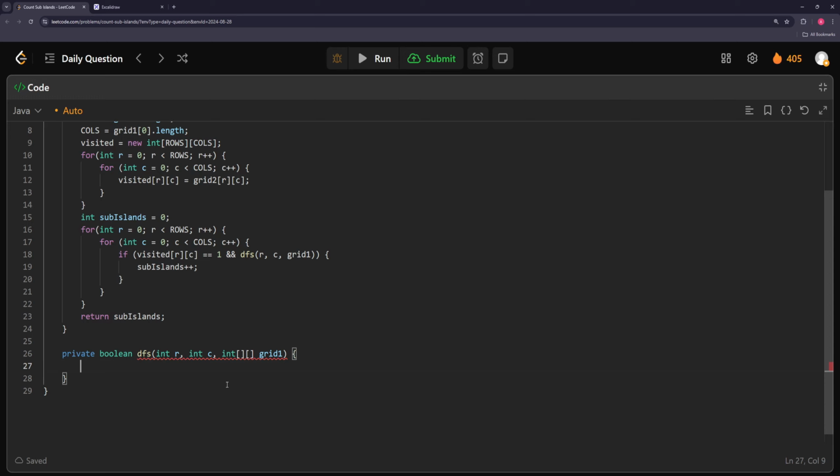If we already visited it before, then we don't want to increment the island, so we want to return false. Because if we visited something that's already part of an island, well, actually, technically we should never hit. Yeah, so technically, if it's water, we can return actually